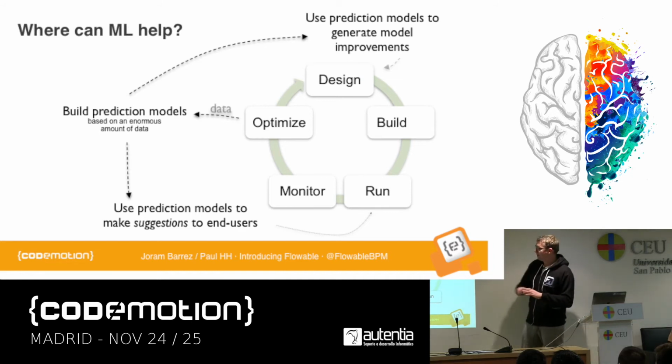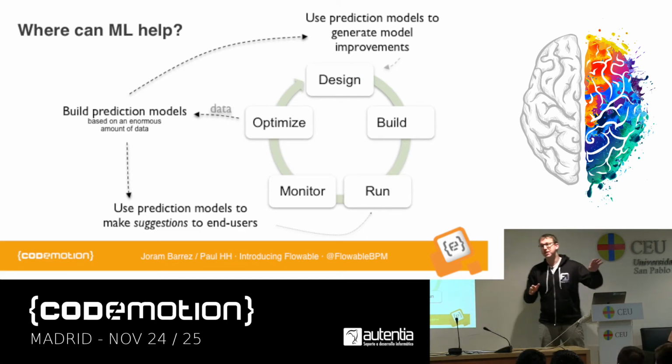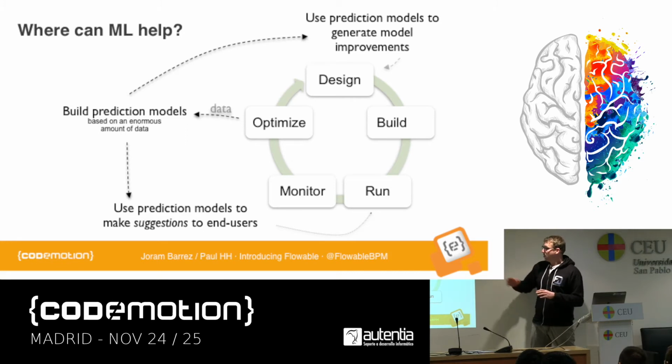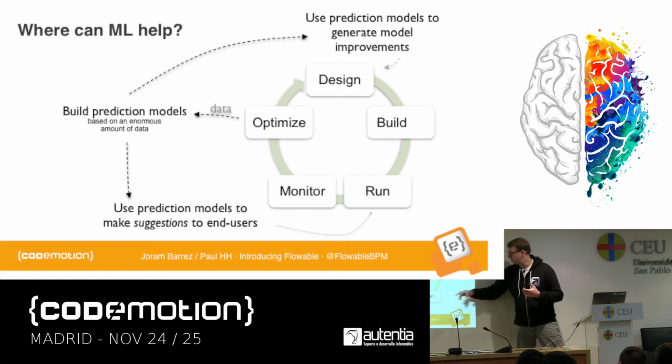Now, where can machine learning help? Well, this last step, the optimize step. We've got all of this data. Remember, 100,000 processes a day. We've got a lot of data. What we're going to do with this enormous amount of data is build some prediction models. You'll see later how we do that. With those prediction models, we can do many things, but the two things we're going to do today in code are, the first one is pretty easy: